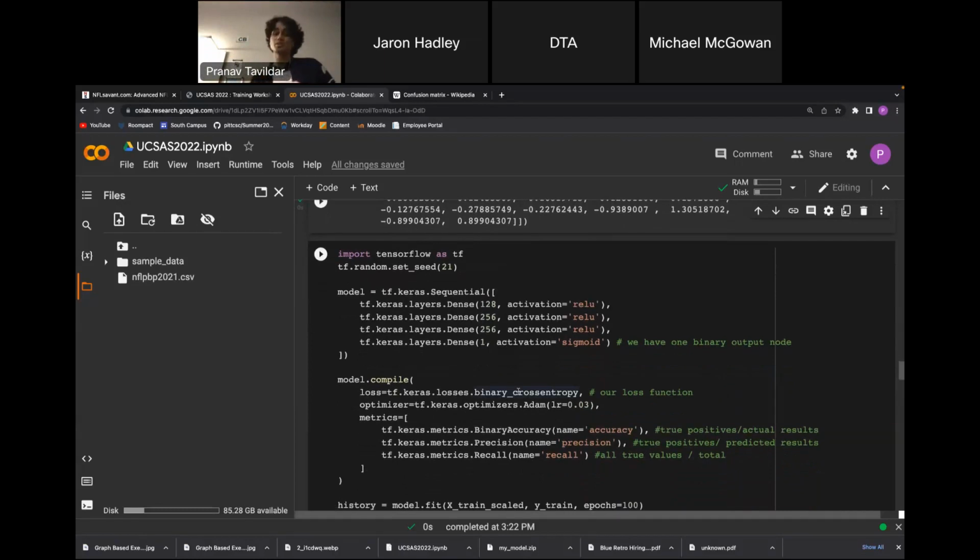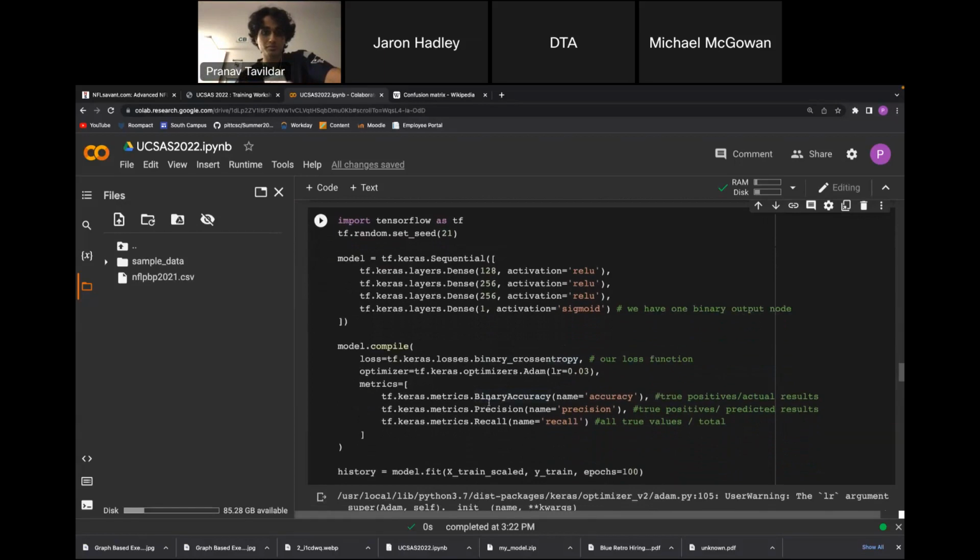And here, we're defining some metrics which can help us analyze this data set: true positives, actual results, predicted results, and recall, which is the ratio of all true values to the total. We're going to use these for metrics later, and we're going to see this happen in real time.